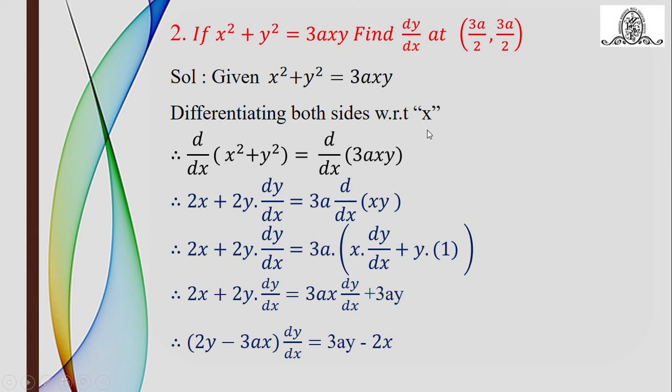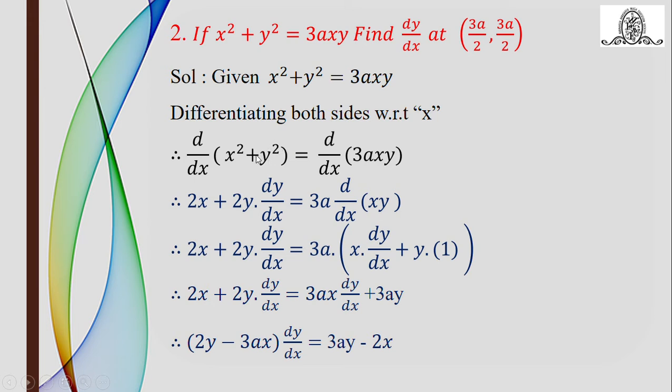Differentiate both the sides with respect to x. So what is the derivative of the left hand side? See, d by dx of x square plus y square. It is a simple addition of two functions, both with the variables x and y, so I have to differentiate both. The derivative of x square with respect to x, as we all know, using the formula for x raised to n, is just 2x.